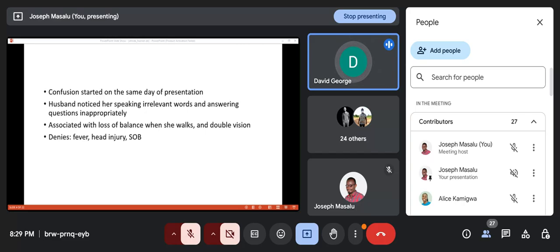But then local causes in the CNS, like a space occupying lesion, or a diffuse process like encephalitis, meningoencephalitis in general, I think I should entertain that possibility. And then something like intracerebral hemorrhage, which of course can lead to increased intracranial pressure, and then someone can present with vomiting. And then these other symptoms like double vision. The double vision could be due to a number of things, such as cranial nerve palsies, for example. So all these are a possibility. So I think I've not made much progress, but